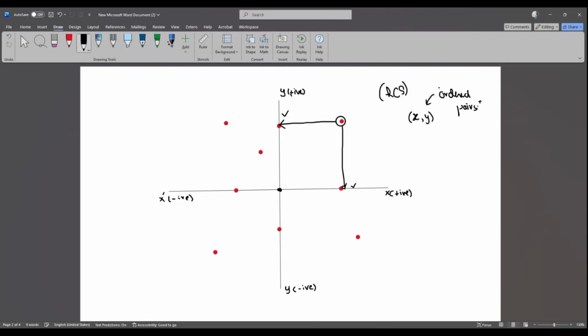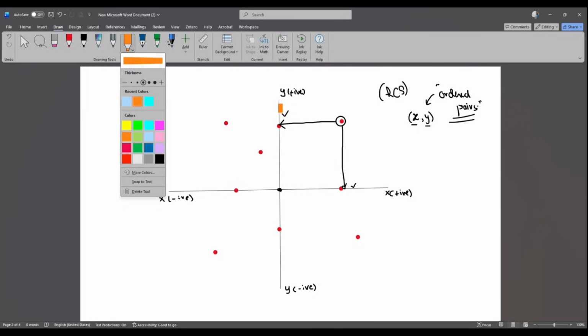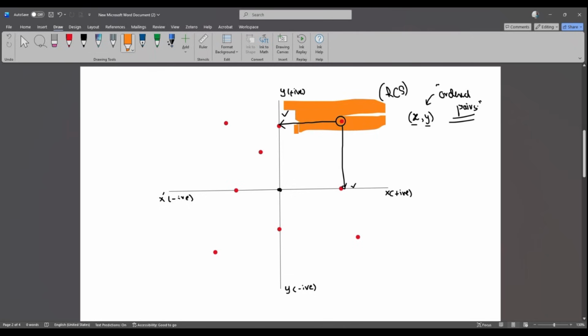Later on, I'll introduce you to the ordered pair. What's the function of ordered pairs? The ordered pair basically helps you to satisfy the equality of the linear equations. So that's the ordered pair, and always in an ordered pair, the value of x comes first, and then comes the value of y. So this region right here, which I am highlighting with this orange color, all of this region right here,